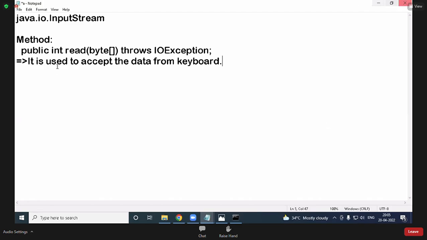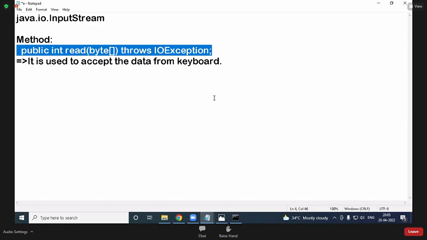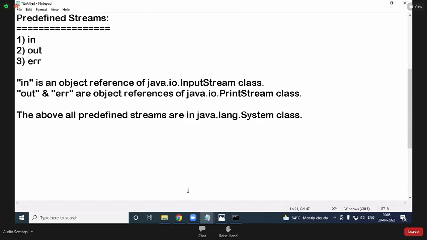Okay. Now here, for calling this method, an object or object reference is compulsory. Which class object is required? That method is in which class? InputStream. So an InputStream object or InputStream object reference is required. Just now I gave notes. Is an InputStream reference there?